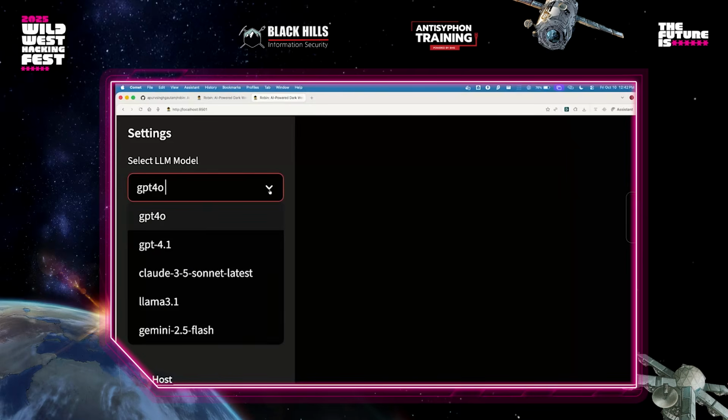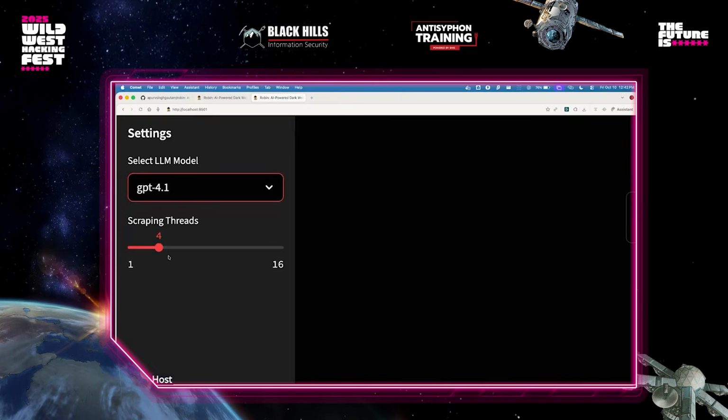So in this case, right now I have, I think, 4 or 5 of them, and Llama 3.1 that you see is through Ollama, and you can change it in the backend. From the backend, you can use any of the local models through Ollama, and you just have to select this. So let's say in this case I selected GPT 4.1.